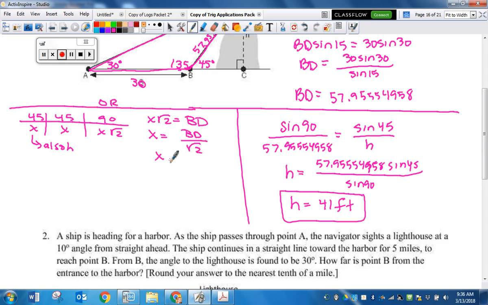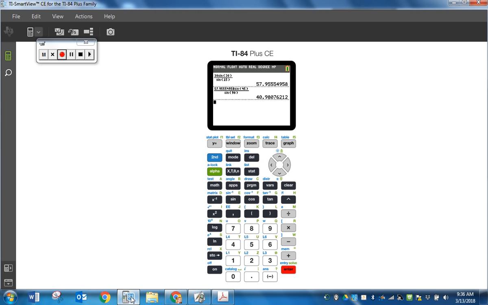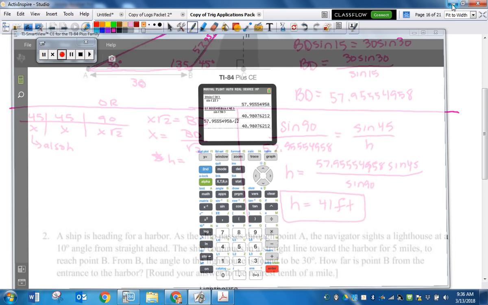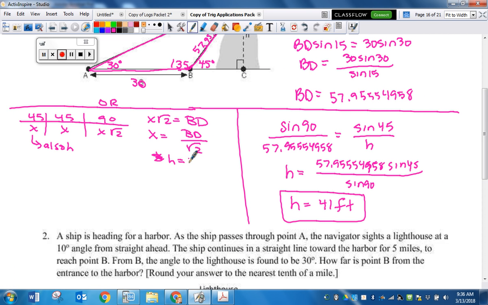And since I'm rounding, this is also h, so I could just go to my calculator and take my BD value, which was up here, 57, divided by radical 2, and I get the same answer. I still get 41 degrees, because those relationships still hold. Or,